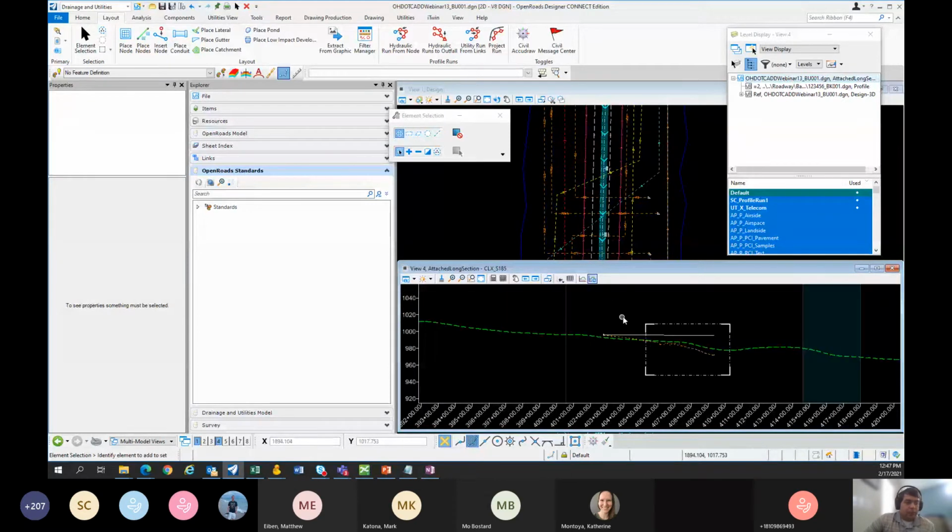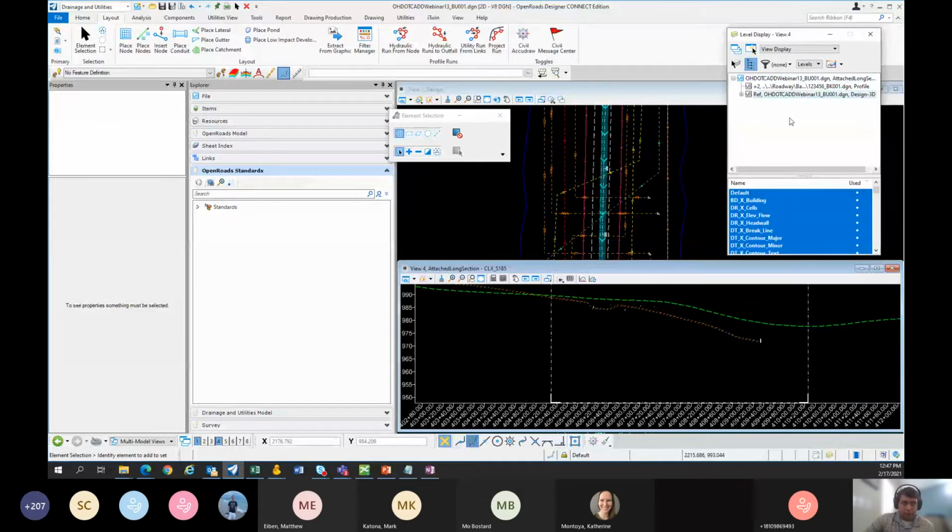Keep in mind, this is a static cut. So if anything ever changes, you do have to come here and refresh your 3D cut. That also goes for level display. If you start changing your level display, like if you don't want to see something from your cut, you do have to turn the level off and then hit refresh to get that level display to show up